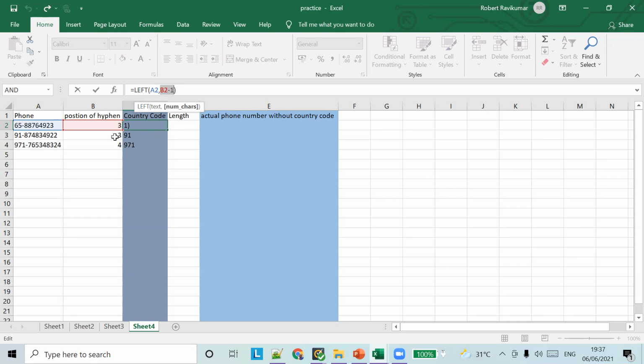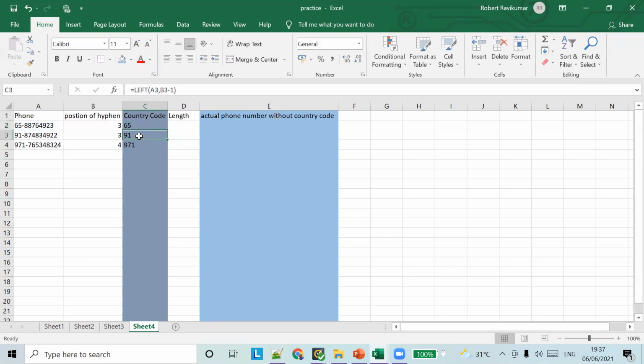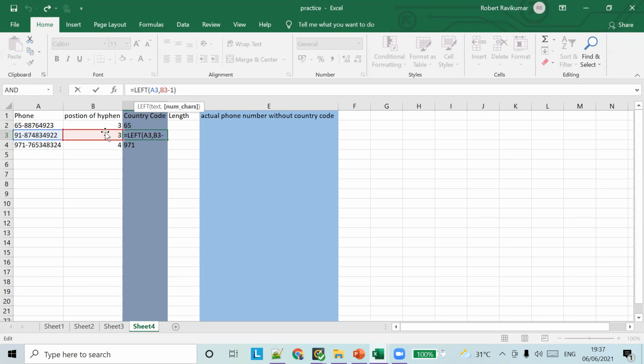Similarly, if you come here, the position of hyphen in this list of characters is B3, which is 3 here. We are going to subtract 1 from this, because we want to find only up to before the hyphen. So it is B3 minus 1, which is 2.